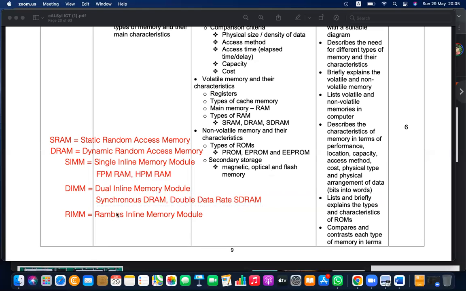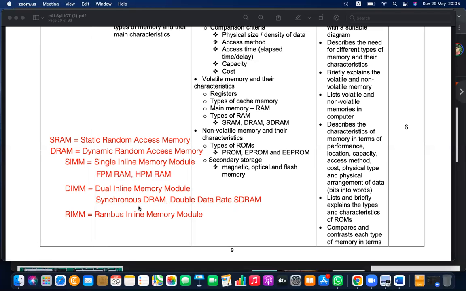Normal SDRAM, normal synchronous dynamic RAM, will communicate data at half the speed of double data rate RAM. Double data rate RAM is dual inline, which means it has pins on both sides, and also the data rate is double when compared to its